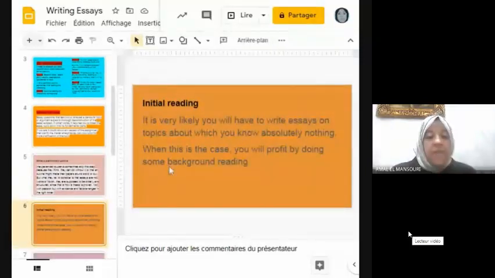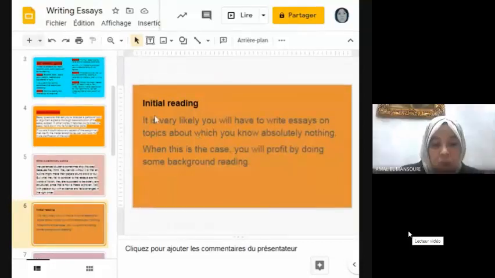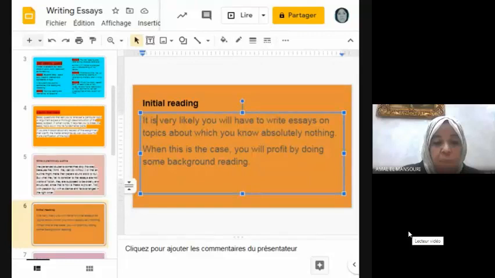Now, after talking about the importance of outlining the essay, we have to talk about initial reading. So it is very likely you have to write essays on topics about which you know absolutely nothing.